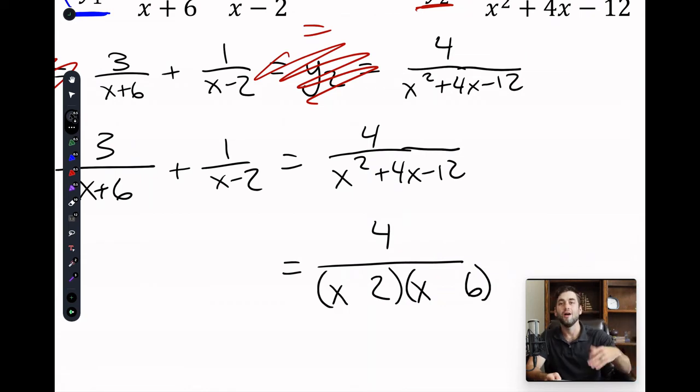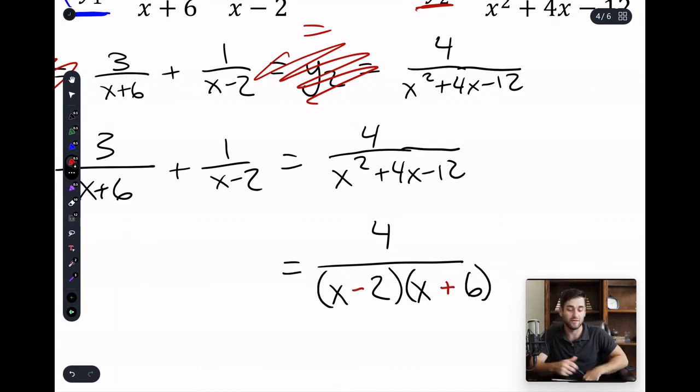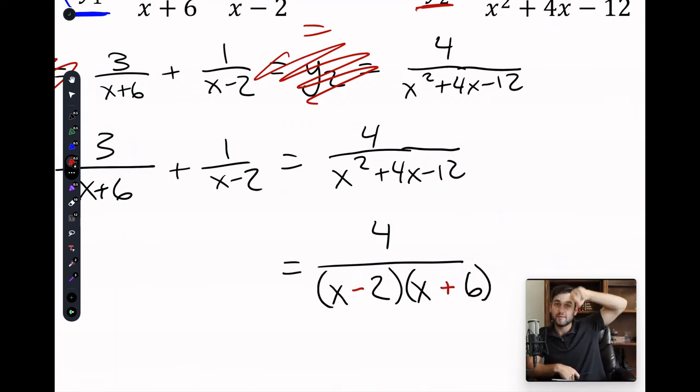Oh, it is. What two signs get us a negative 12 at the end? A negative and a positive, right? Well, we got to decide where we want to put the negative or the positive. Do we want to put it on the 2 or the 6? We got a positive 4, so let's just guess. Let's put the positive with the 6, and the negative sign with the 2. Does 6 times negative 2 give us negative 12? Yes, good to go. Does 6 minus 2 give us 4 in the middle? Yes, it does.